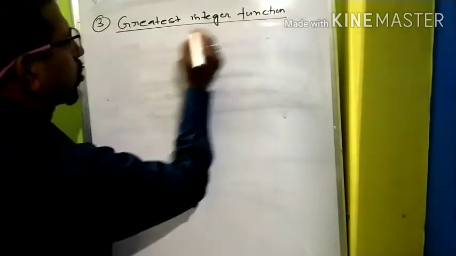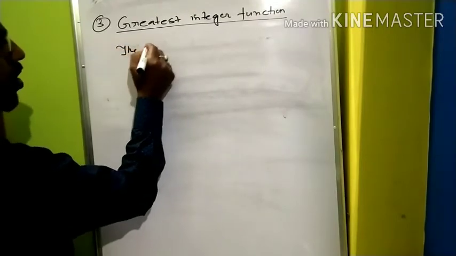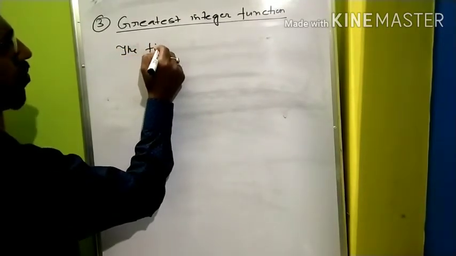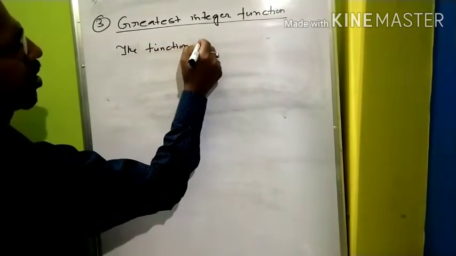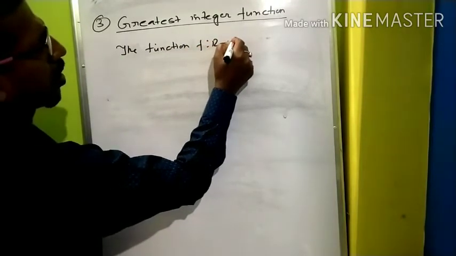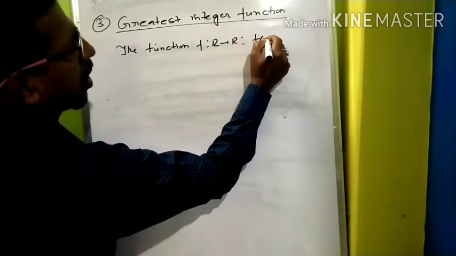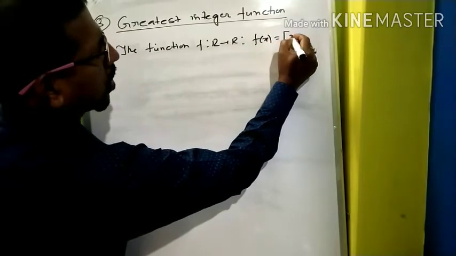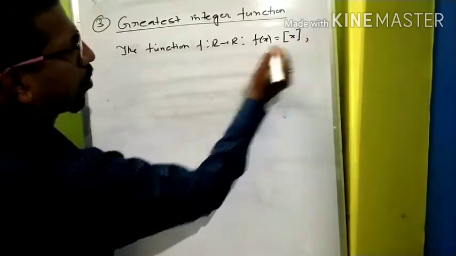What is the greatest integer function? The function f from R to R such that f(x) equals, this is the notation for the greatest integer function, where